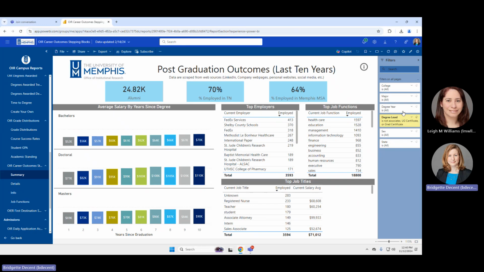So LinkedIn and resumes that are authored publicly and Facebook and social media and all other kinds of sites. They scrape the web in order to identify where students have gone to school and where they are currently employed, and what their current salaries are. And so we display that information here. And you can see